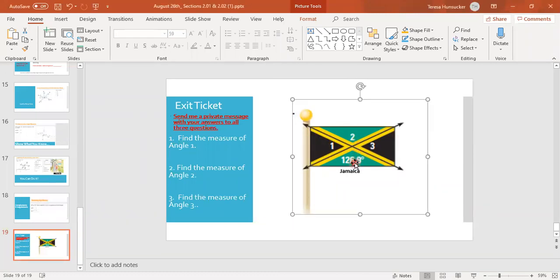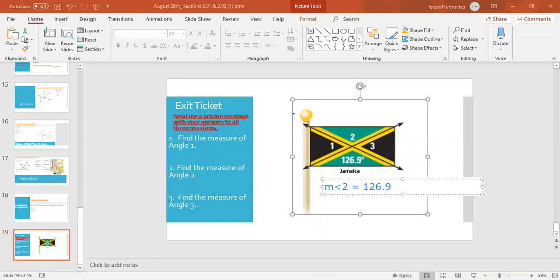Angle 2 and the 126.9 degrees are formed by the blade and the handles of scissors. They're opposite one another. They're called vertical angles. They just have a point in common. So angle 2 is 126.9. So we say the measure of angle 2 equals